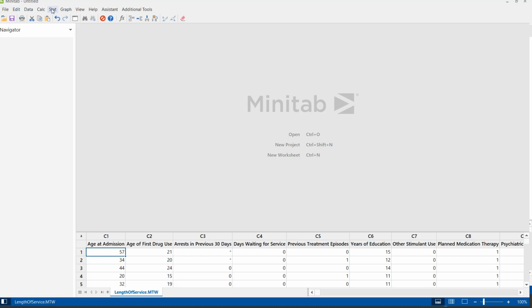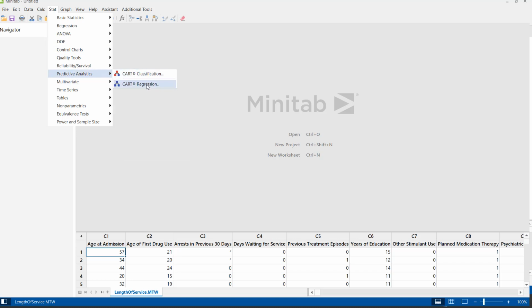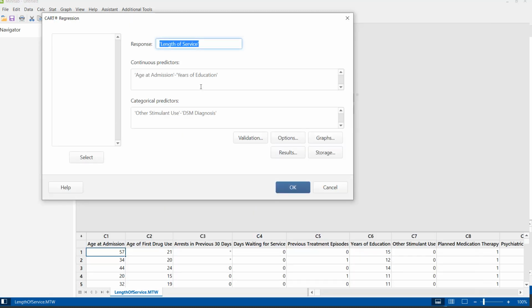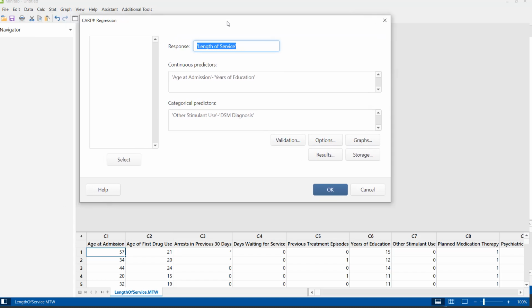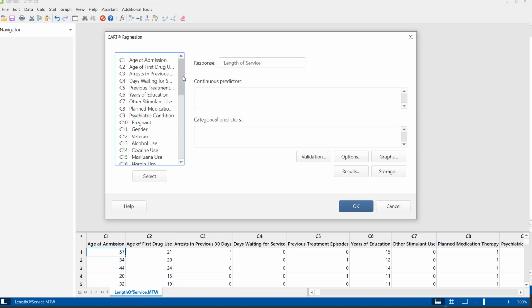So let's start. Let's go to Stat. There is a menu, Predictive Analytics. Here we are going for CART Regression. We are not trying to classify, but we are trying to predict the length of the service, which is a continuous variable. Here you can see there are so many variables.